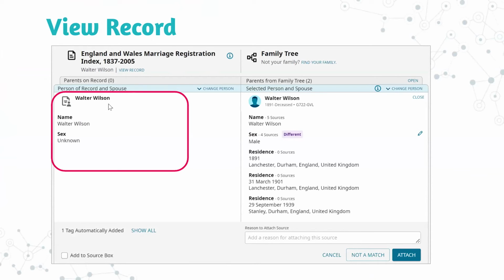You notice that the information that comes into SourceLinker about this marriage registration is very sparse. All I've got is his name and his sex is unknown. But I remember when I looked at the full record page, there was a lot more information there. And especially often when I'm writing a reason statement, I want to see the more complete information from